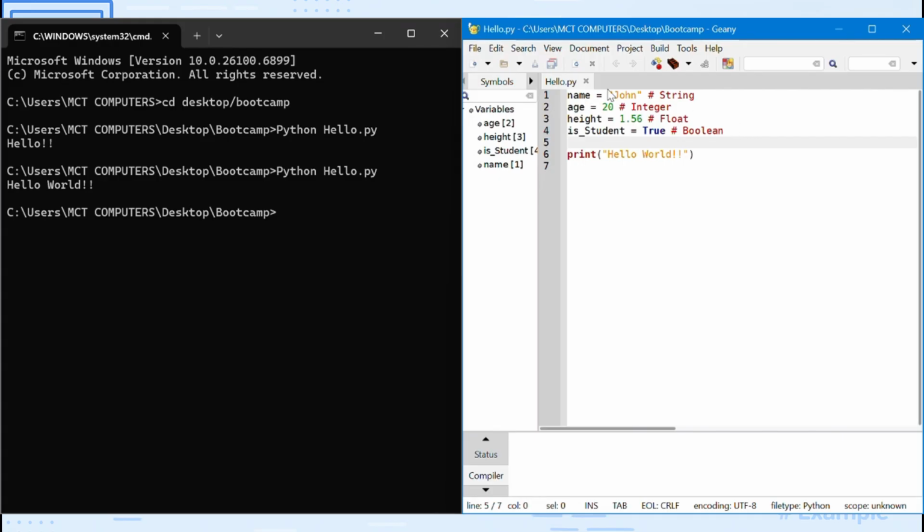Then name, age, height and is student are all variables, and these are the data being stored in the variables: John, 20, 1.56 and True. Name here stands as the variable name, which I will use to locate the name John. So if I were to print